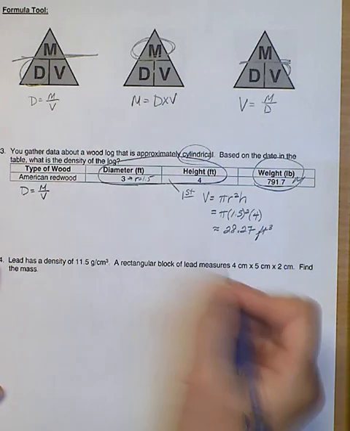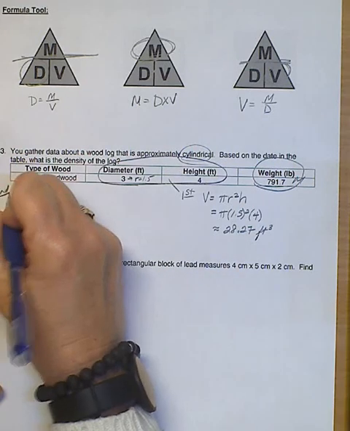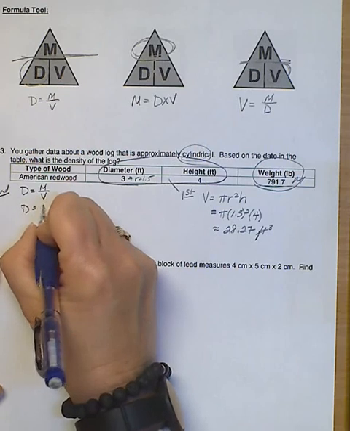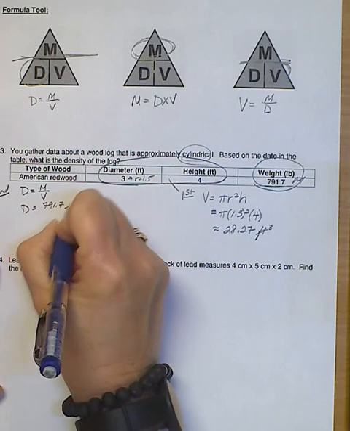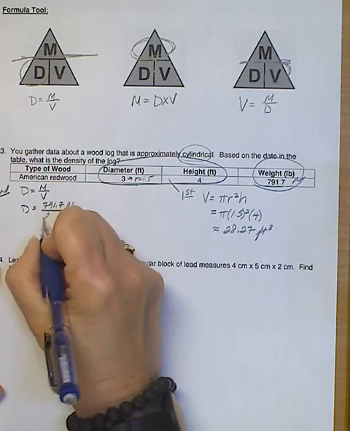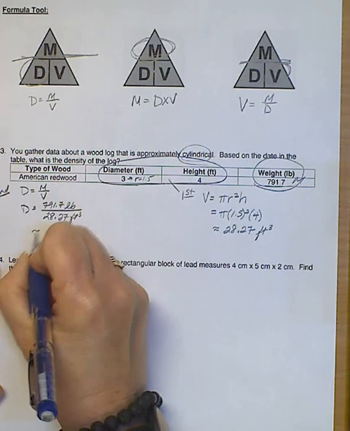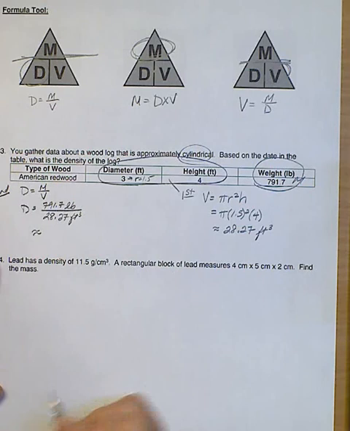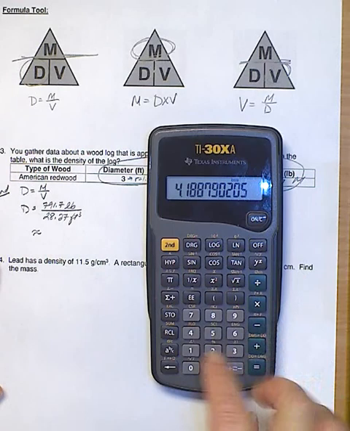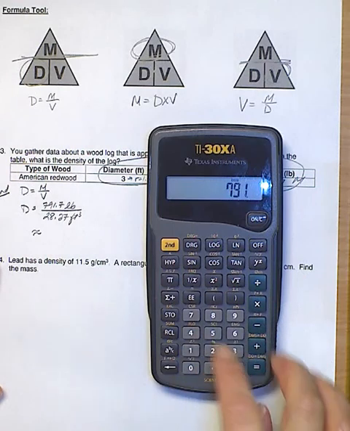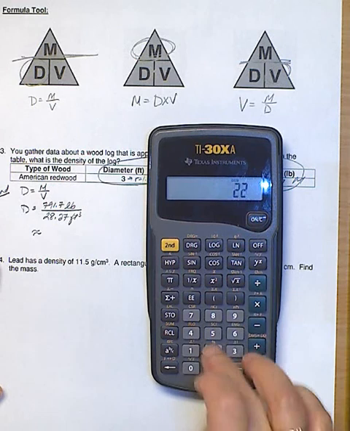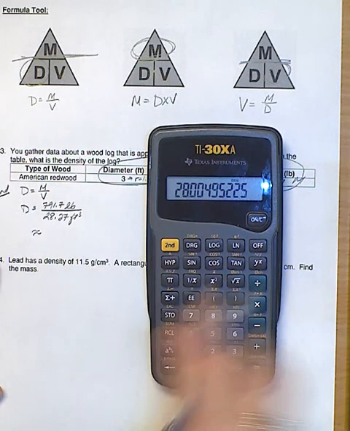So now we have our volume, we have our mass, we can go back and find our density. So density is our mass, 791.7 pounds, divided by our volume, 28.27 cubic feet. And we're going to divide those out and round them to the nearest whole number. I'm looking at my key here, trying to figure out why we went to the nearest whole number. Because we got lots of zeros. That's why I've got a whole number on there. Okay. So it's about 28